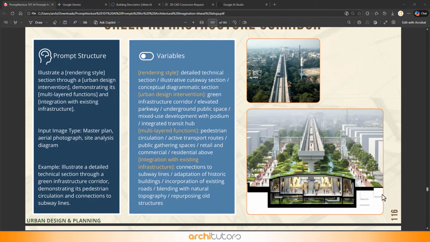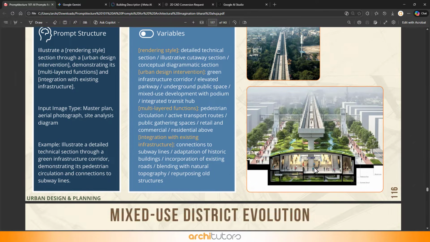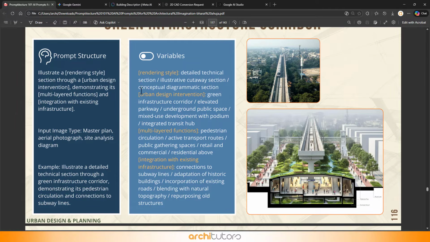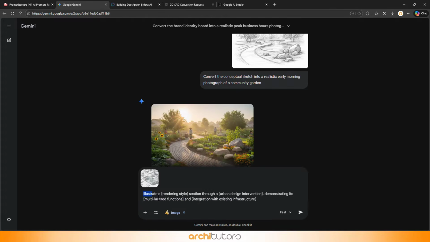This is a massive prompt for green infrastructure corridor design and urban planning. It's highly versatile, with variables ranging from rendering style to urban design interventions, functions, and ecological integration. You can use any input, a real image, a master plan, or massing, and simply adjust the variables to suit your project. For this example, my final prompt reads, "Illustrate this into an illustrative cutaway section through a mixed-use development